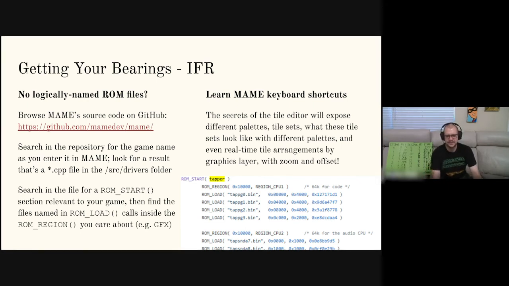So you can see through the comments that there's 64K for code. You can see there's 64K for the audio CPU. And eventually, you'll see stuff for the graphics as well. There might be a ROM region for GFX or GFX0 or something along those lines. And of course, the keyboard shortcuts will help you as you're actually in MAME doing the work